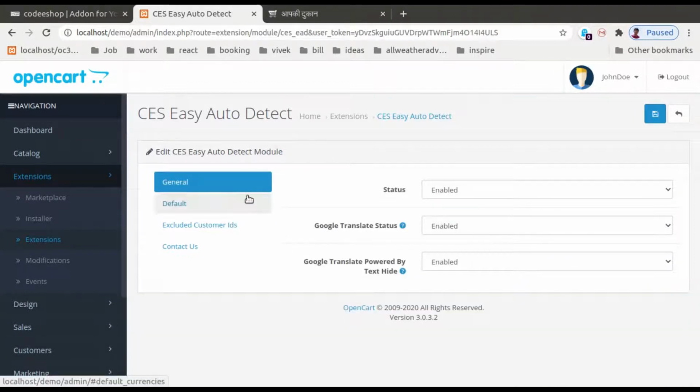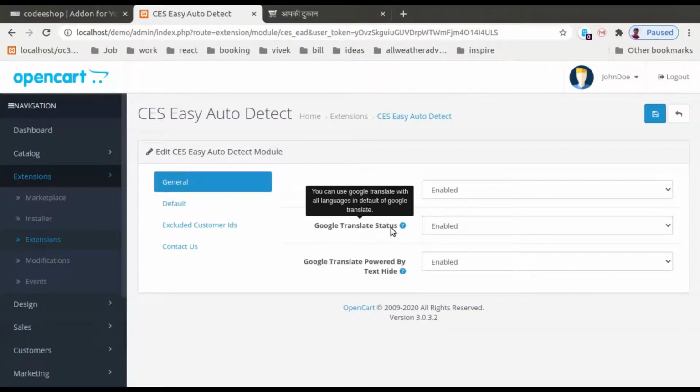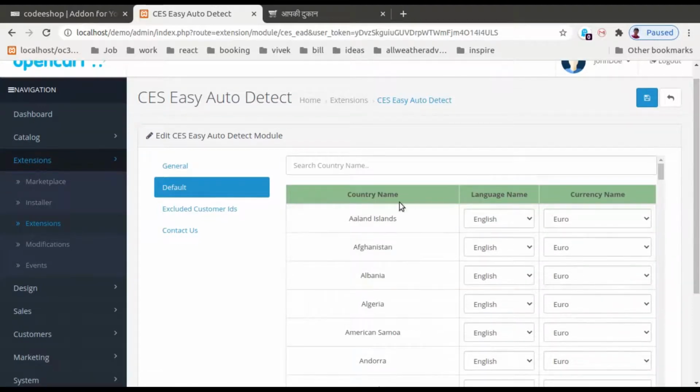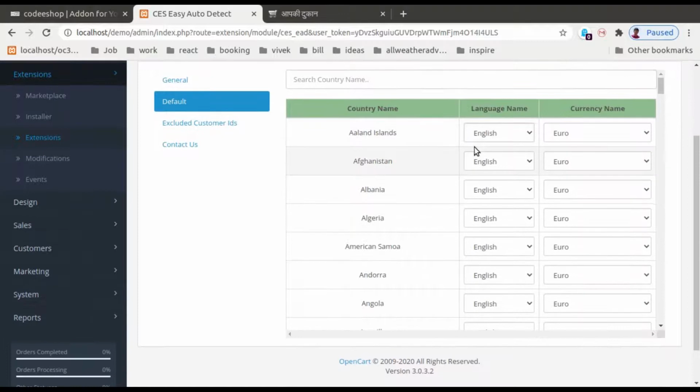If you have disabled the Google Translate status feature, then this functionality can be used, as it is based on the language and currency provided in the default OpenCart. If you see here, there is a table for country name, language name and currency name. In the country name, you have to select the country, as the data is based on the country name. So if I search India here,